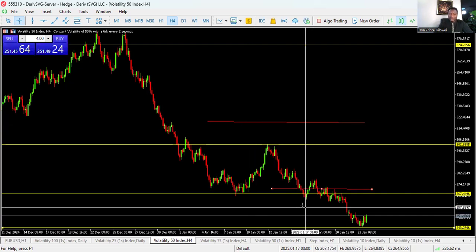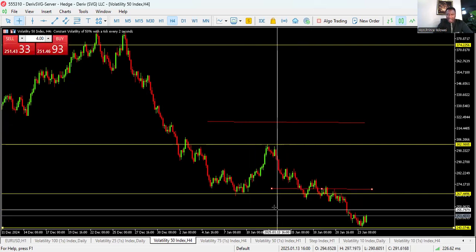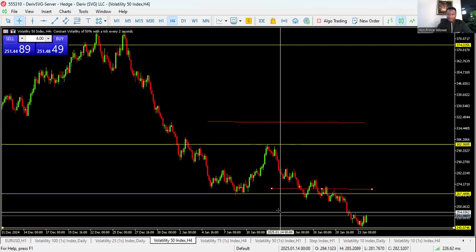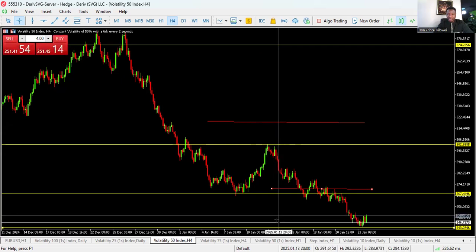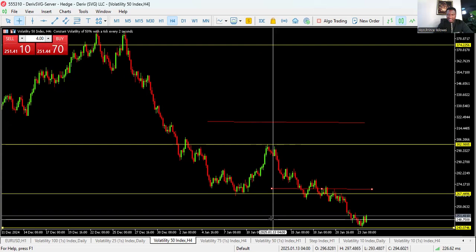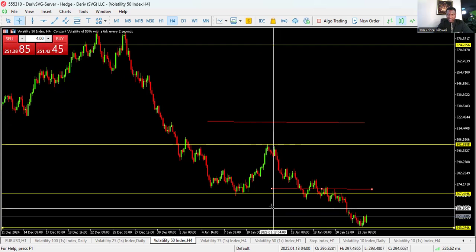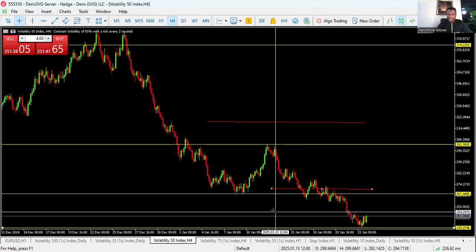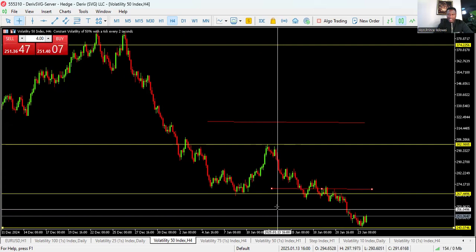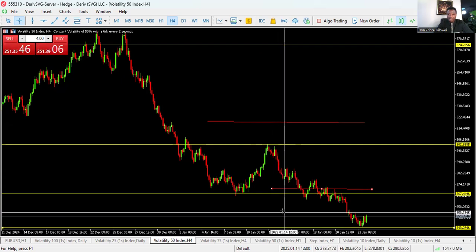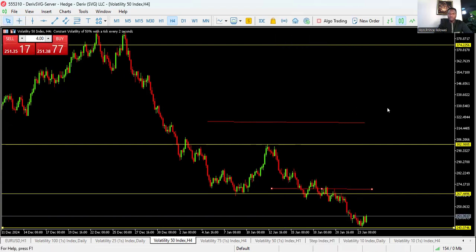Like now, this market, if I say I want to buy this market, I can say, okay, since there was a pushback, there was a massive buy, then sellers came in. Now price is trying to even break that zone. I want to do a buy stop here. I can decide to put it, but it's the wrong place. It is good to do a buy stop or sell stop on a zone.